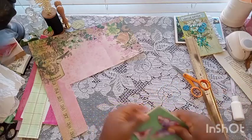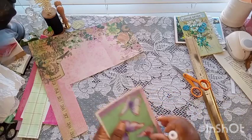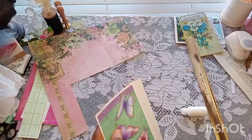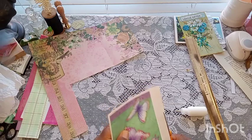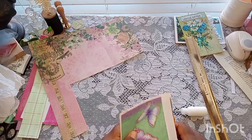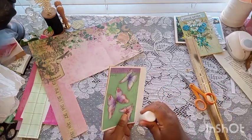I'm going ahead and adding some. And if that goes too far over, which I kind of think that one does go a little bit far, I'm just going to go ahead and cut that down a little bit for my preference. Give that a little bit of